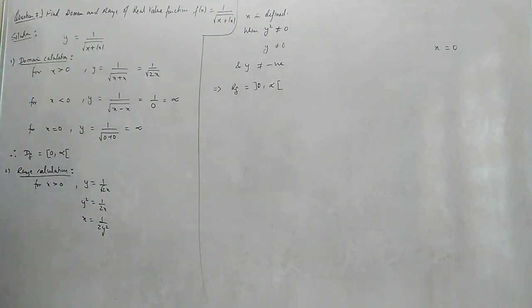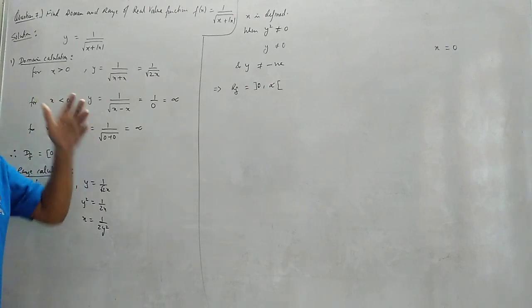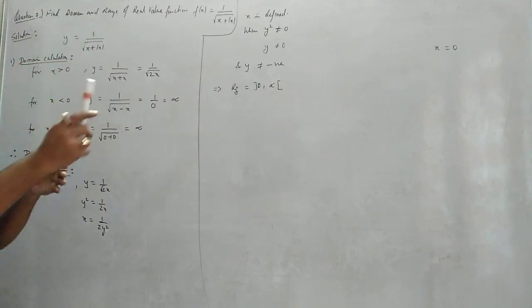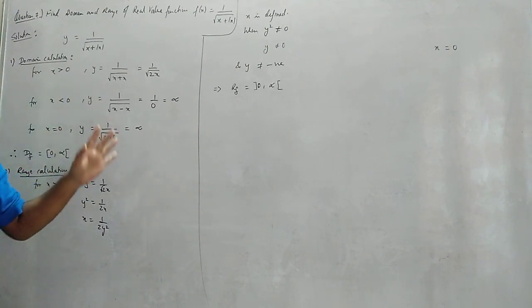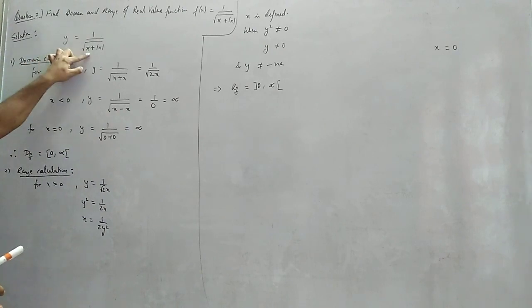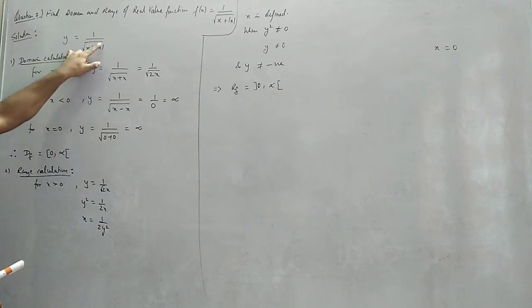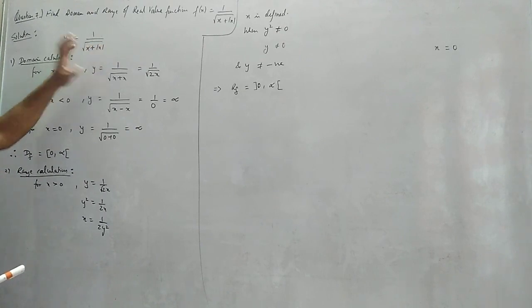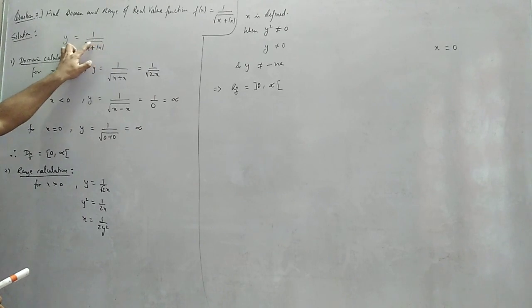In the previous question, I told you for calculating domain, there was no need of removing the mod. Why? Because that was something into something and we are interested only in the denominator, and the denominator was not having any root, any mod. Okay, here again something by something. And we are interested, root also we have. That is, we are interested in this part to find the domain. If this whole thing becomes negative, then it is not defined. As well as if this whole thing becomes 0, then it becomes infinity.